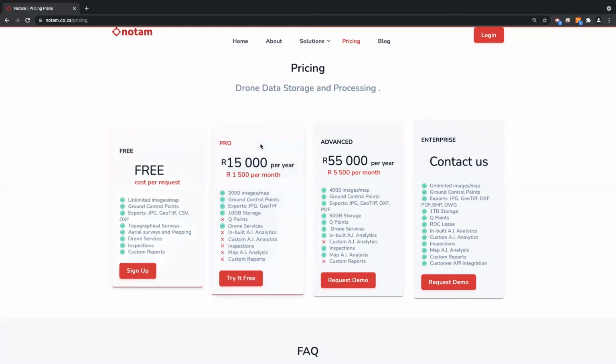Our third pricing plan is the advanced plan, which is 5,500 Rand a month. This one includes 4,000 images per map and includes built-in AI analytics. For more advanced clients looking for more custom solution, we've got our enterprise solution where they can custom fit the platform and the services to their unique